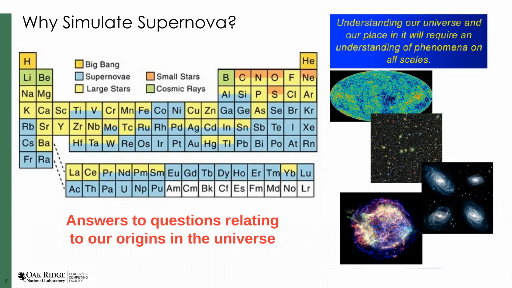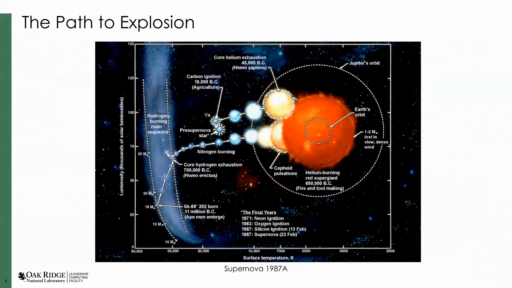And for that, I start with the basic story of how a star goes supernova. So this is a reconstructed timeline of supernova 1987A, which is the closest supernova observed in modern astronomy time. For months, it was observed to have the brightness of 100 million suns. A star burns hydrogen, the lightest element, into helium for most of its existence. For a massive star, temperature and density are sufficiently high that burning continues through helium, oxygen, neon, magnesium, all the way